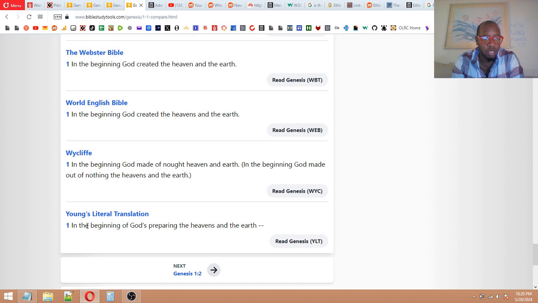Now, Young's Literal Translation says, "In the beginning of God's preparing the heavens and the earth." That's unique. Another says, "In the beginning, God made of naught heaven and earth," meaning God made out of nothing the heavens and the earth.